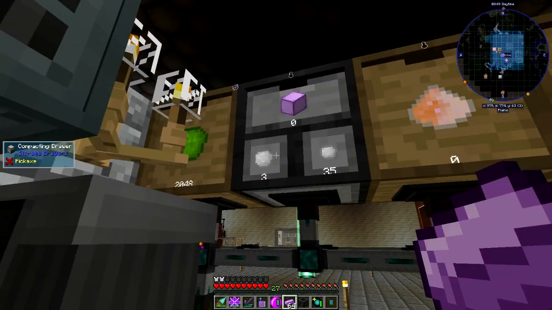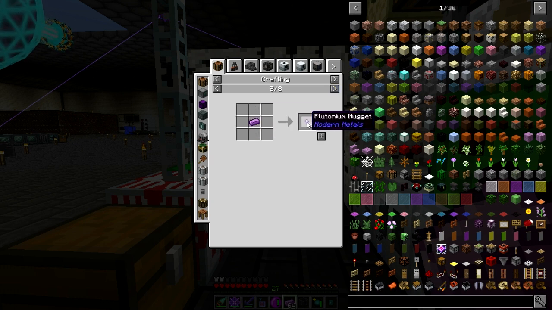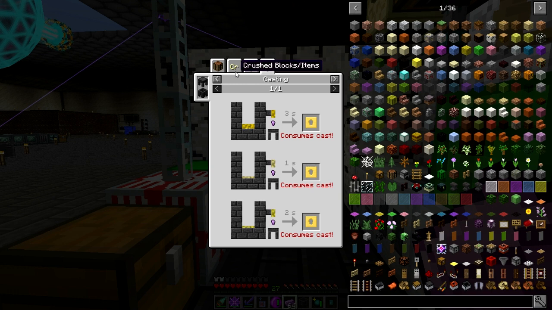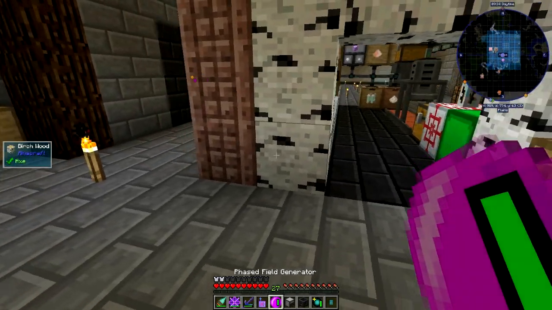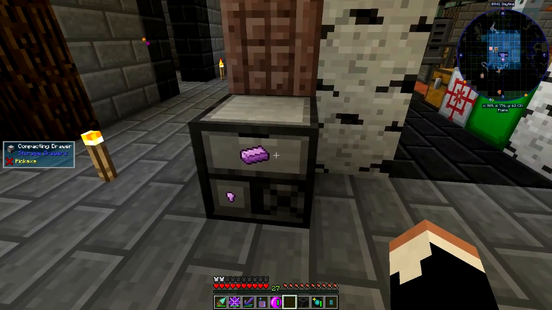So this is not ore dictionaried. Damn. Okay, well... Can I use it to make RTG pellets? Because that's really what I wanted it for. Plutonium arrow. Let's get a compacting drawer. And see if this will do anything. Okay, that allows me to create the nuggets, but it still won't compact into...